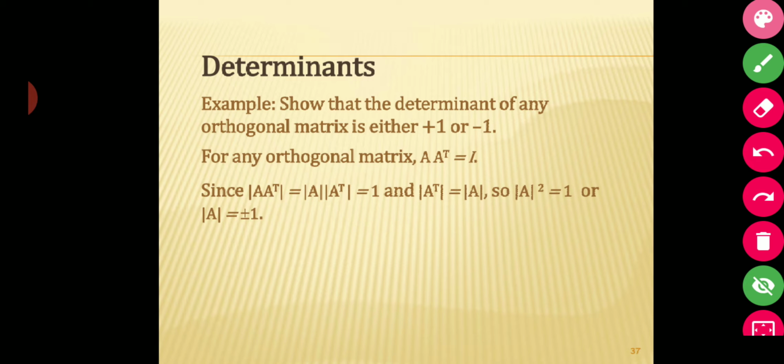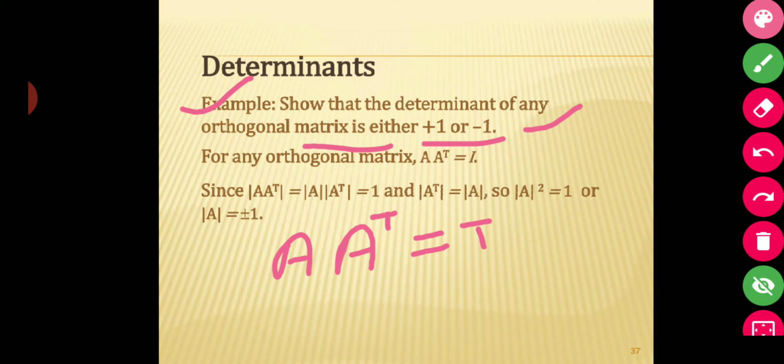Now one more example. You have to show that the determinant of any orthogonal matrix is plus 1 or minus 1. Now, as you know, for an orthogonal matrix, A A transpose equals I, the identity matrix.